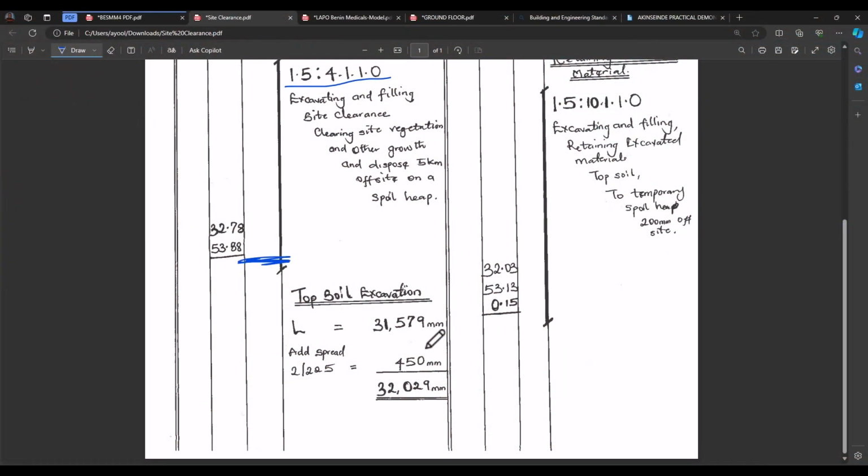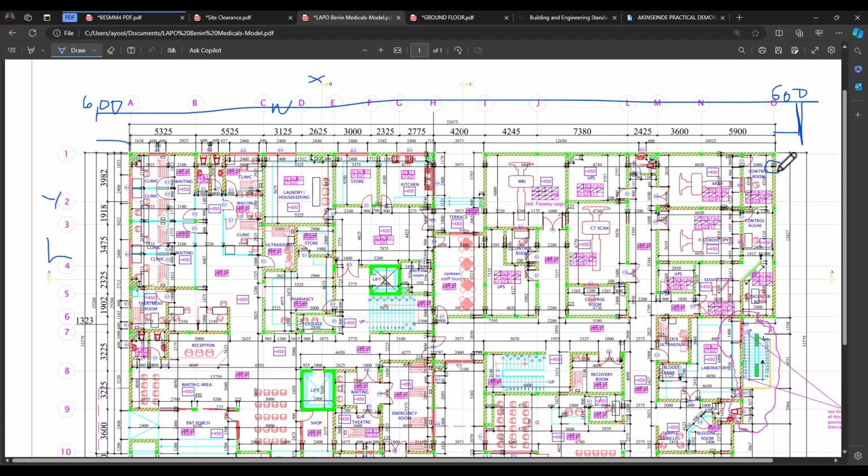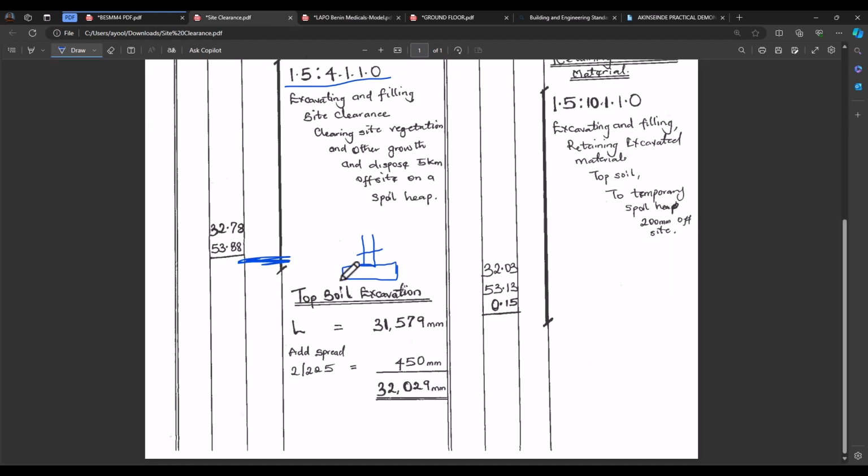This is the total length. So why are we adding spread to our topsoil excavation? If you check the section of your plan, let me draw this so we can understand. The external thickness of our wall is 225. When you multiply by 3, you have your footing. So the thickness of your wall, this 225 from here to here, another 225 from here to here, another 225. So when you multiply 225 by 3, we have the total dimension of this place. That's